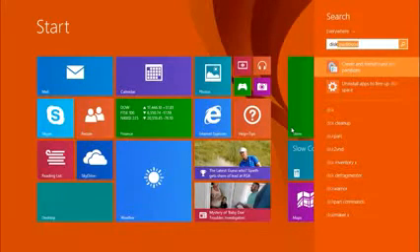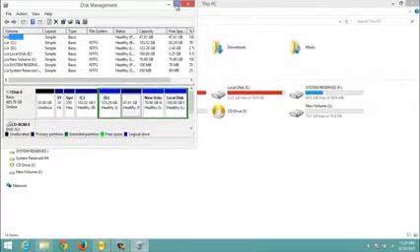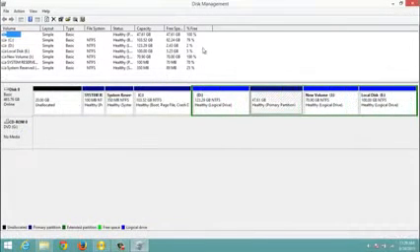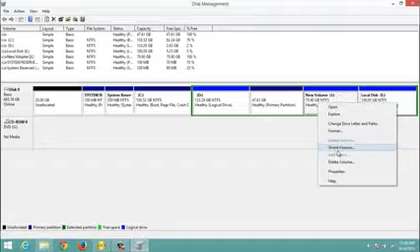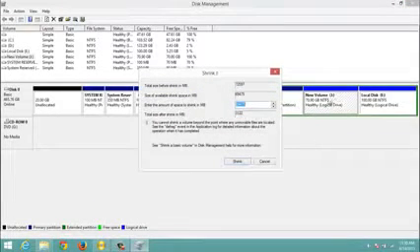make the partition for the Kali Linux operating system. I wrote disk partition in the Start menu of Windows 8.1, and I got this window here. Suppose you want to make a 50 GB partition, then simply select 50 GB there. Suppose I am going to shrink this one volume. Let me show you. You can see it is a 70 GB new volume, and I want to shrink this volume here,